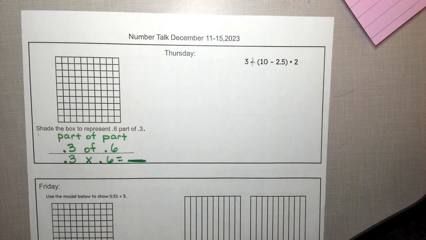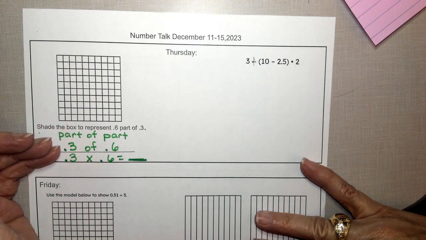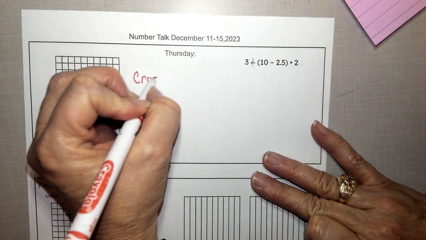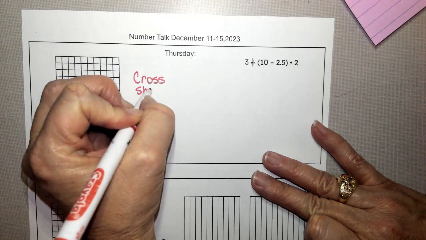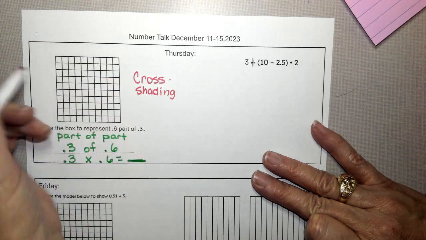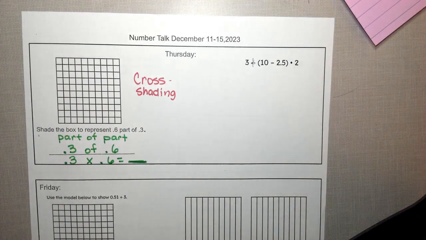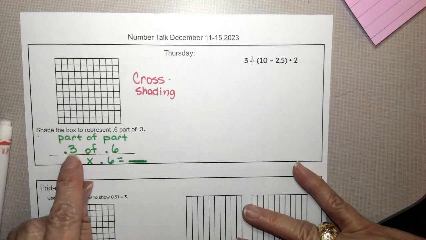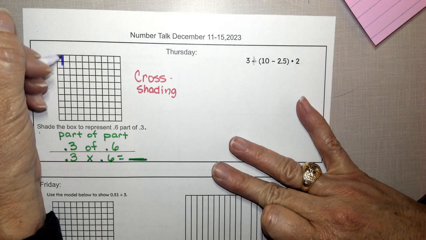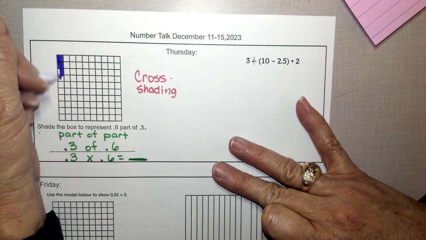So I know that you can relate this to whole number multiplication, but it's important that you understand the model. So we're going to do some cross shading. And anytime we do some cross shading, it's like we're trying to find the array in the middle of that cross shading. It's that overlapping piece. So to get me started, I'm going to start off by shading 3/10. So I'm going to take my marker, and you should be taking your pencil or a color of your choice,